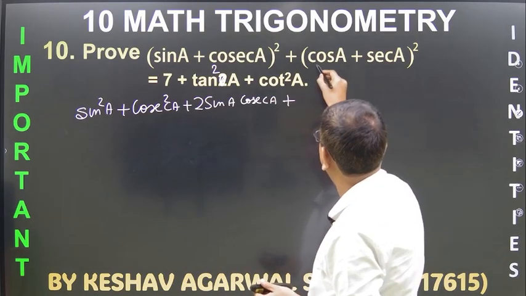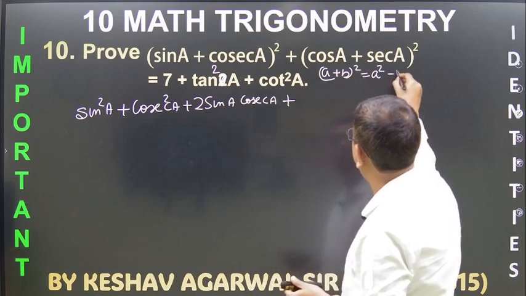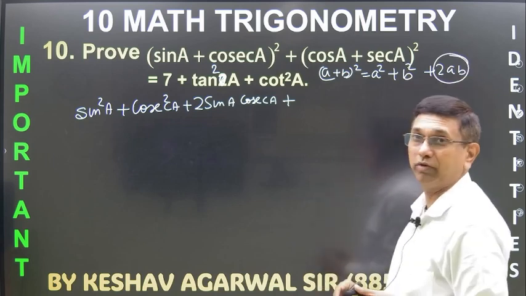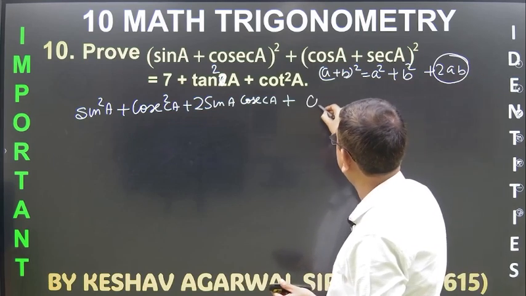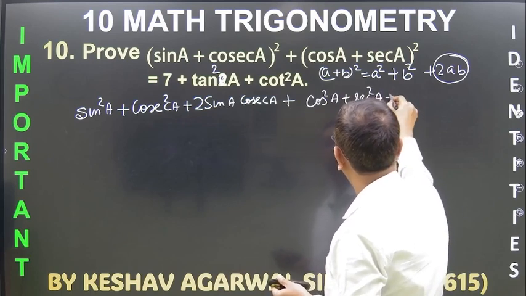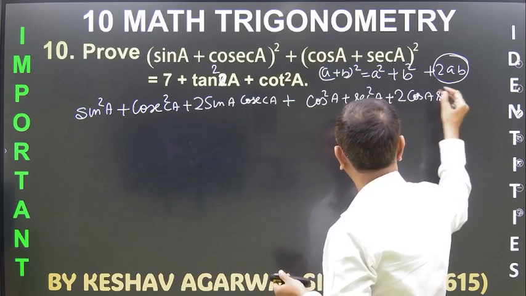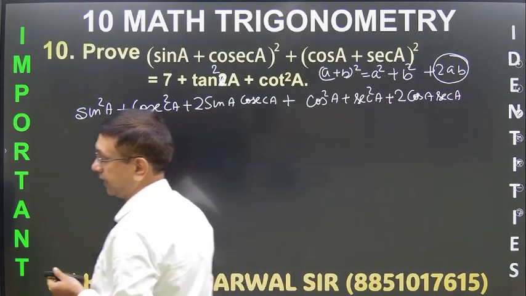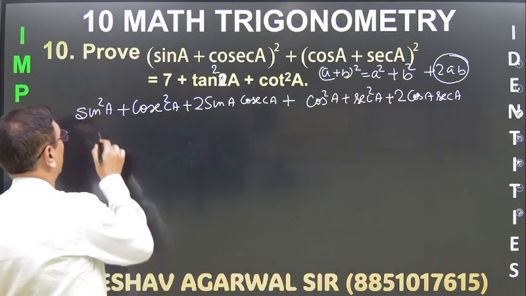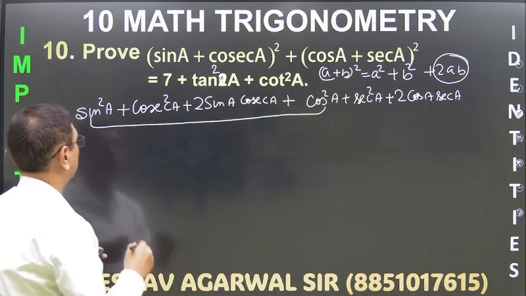तो वो 7 का फैक्टर इस तरीके से आएगा. So कल भी मैंने बताया था a प्लस b का स्क्वायर है, so a स्क्वायर प्लस b स्क्वायर प्लस 2ab. इसको भूल न जाना भाई, नहीं तो फिर प्रॉब्लम होगी, है ना. So प्लस cos स्क्वायर a प्लस sec स्क्वायर a प्लस 2 cos a sec a. Right? So now we go ahead. So now let us try to club this. ये कितना हो जाएगा बोलो? 1. तो ये तो 1 हो गया.